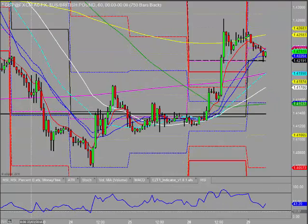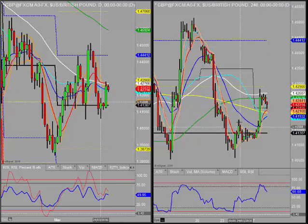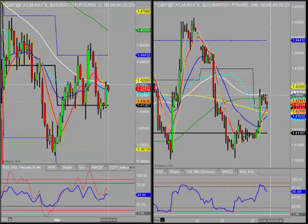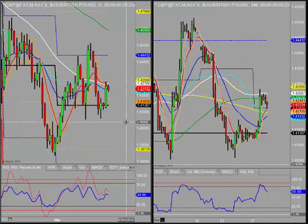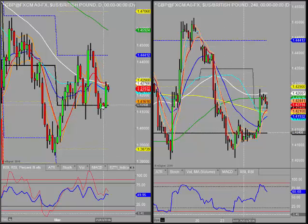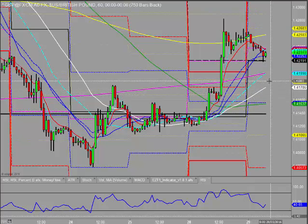Okay, look at the pound dollar. Again, decent update into the daily 50, 8 moving average, 4 hourly 50. It's pulled back a little bit at the moment. Again, it's put a higher low in through this wedge, from what was previously quite a bearish move. So a couple of days leading into yesterday was suggesting a bit of a turnaround, but it was probably quite light days, and yesterday again light volumes, but we've seen